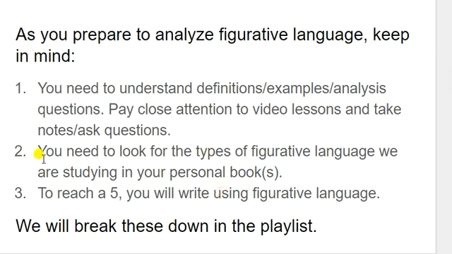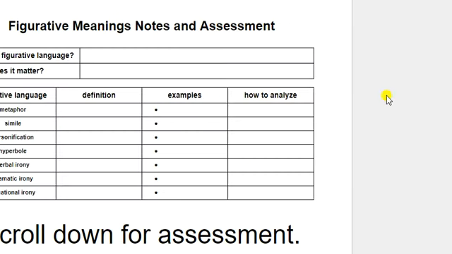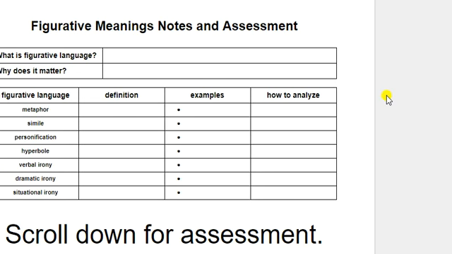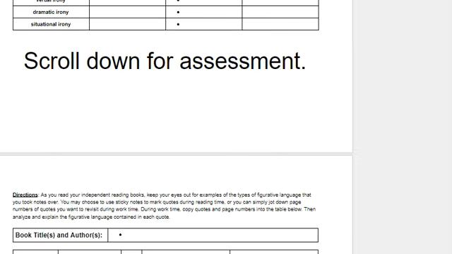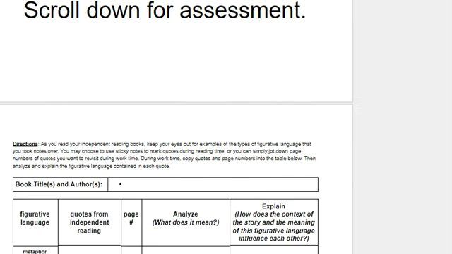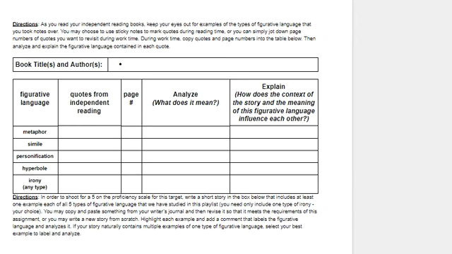Number 2, you need to look for the types of figurative language you are studying in your own personal book or books. Okay, so again on this sheet, as you scroll down, and you'll see this, this is where you're actually going to collect your own examples of these in what you're reading.